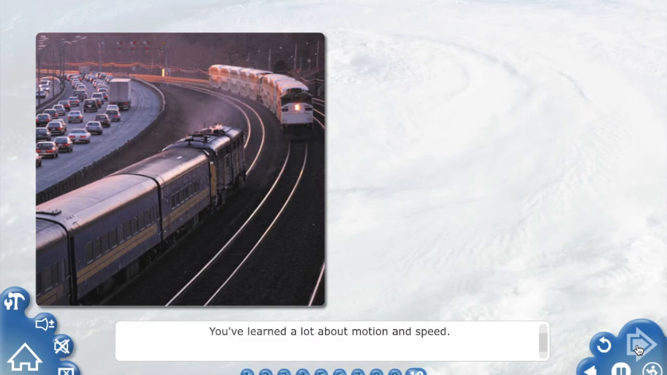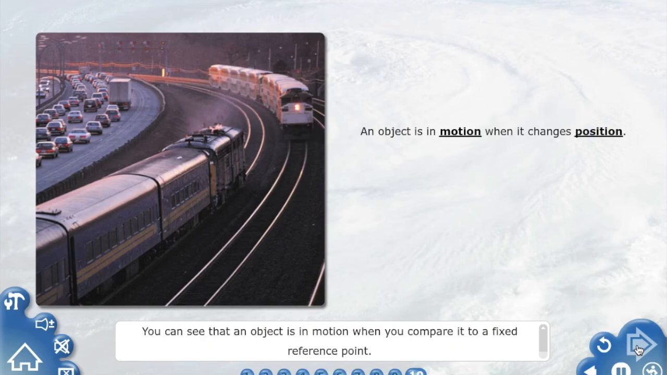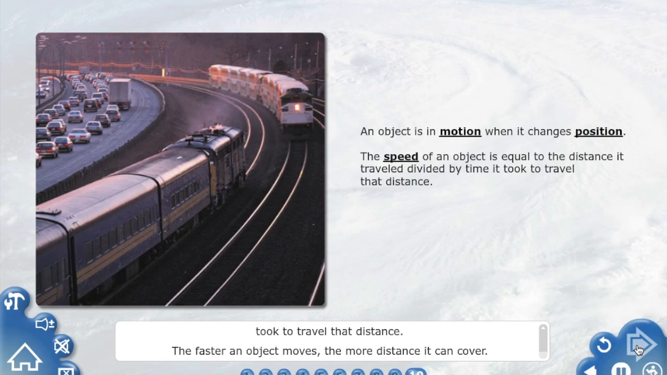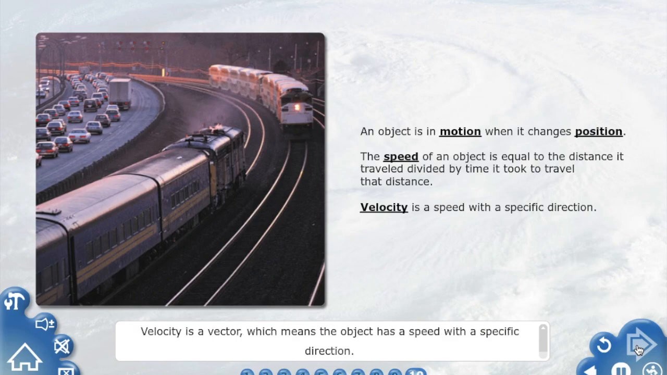You've learned a lot about motion and speed. Before we finish, let's take a quick look at the main points you covered. An object is in motion when its position changes. You can see that an object is in motion when you compare it to a fixed reference point. An object's speed is equal to the distance it traveled divided by the time it took to travel that distance. The faster an object moves, the more distance it can cover. Velocity and speed are different measurements of motion. Velocity is a vector, which means the object has a speed with a specific